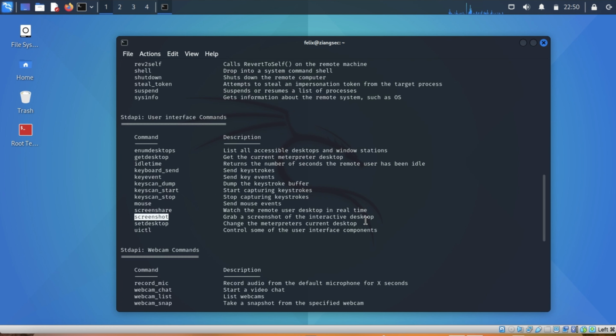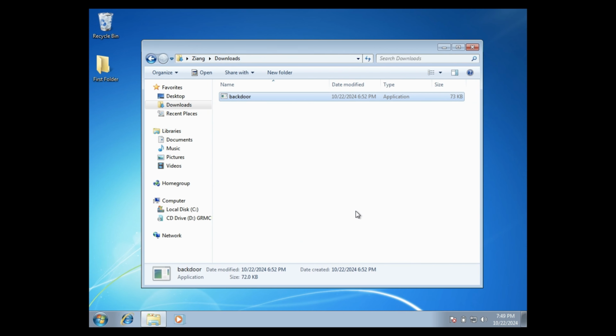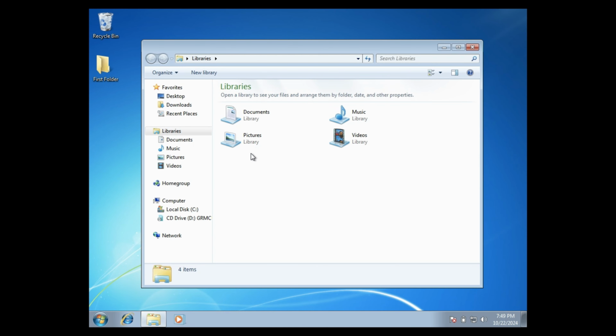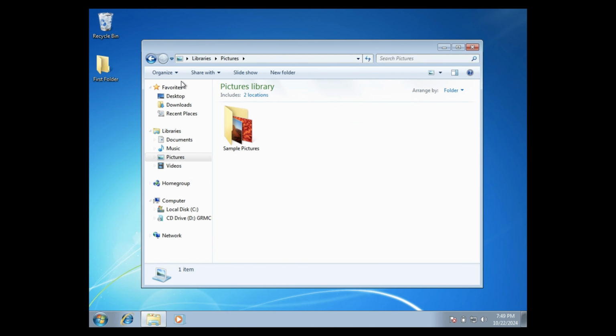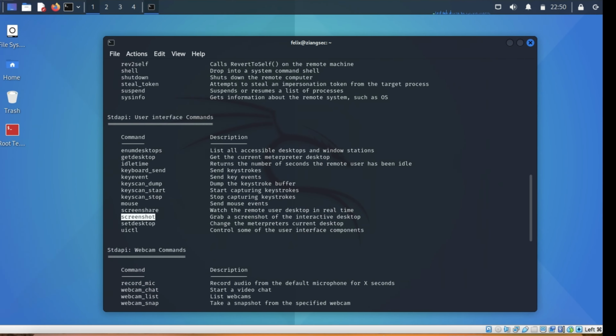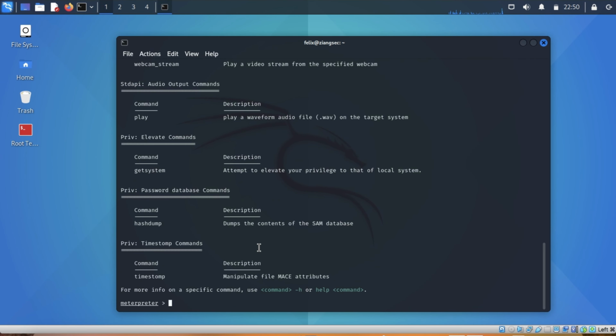Grab a screenshot of the interactive desktop. So for example, the user is, let's just say, browsing something. Let's say pictures. Okay, pictures. So if the hacker will type screenshot,